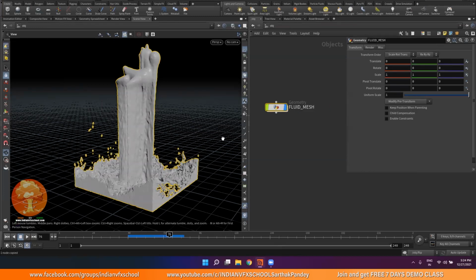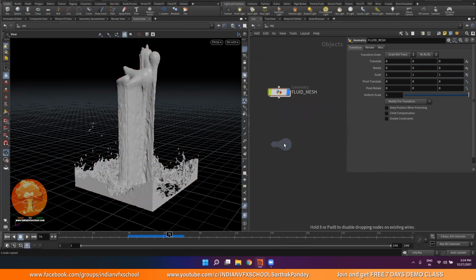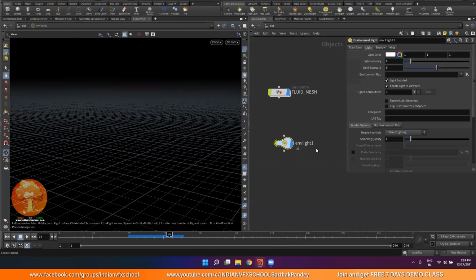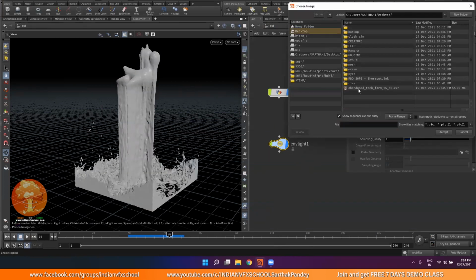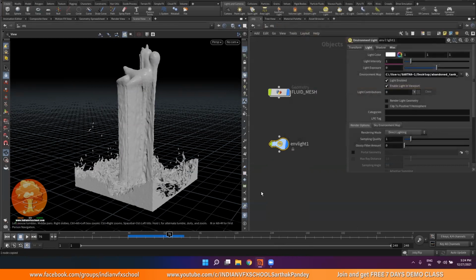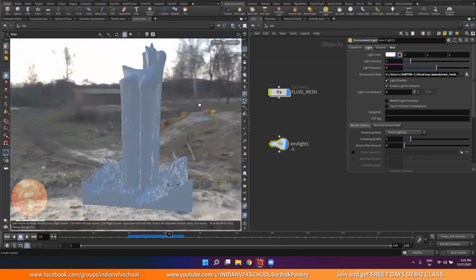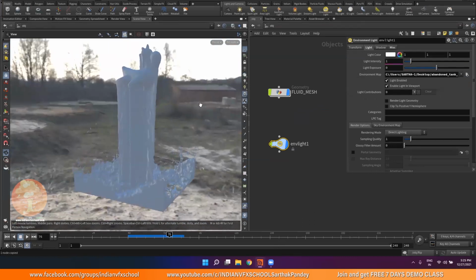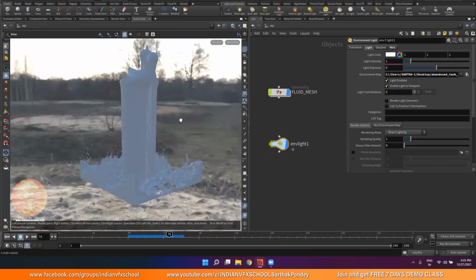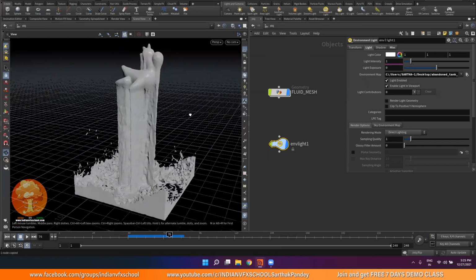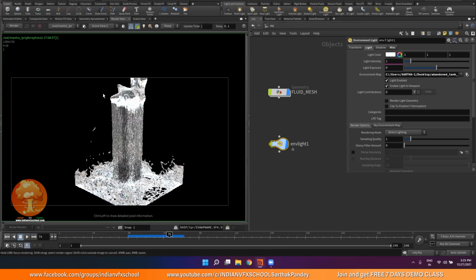In order to render it, I will just need a light. So I can just use an environment light and HDRI. I'll click on this environment map tab and click on my desktop, and I will load an HDRI over here. And you will see it will get loaded. If you click on this thing, you will see the HDRI on the background. If you don't want to see it, you can click enable light in viewport. You can toggle it off, and you can click on this one also, just to bring the basic shading in the viewport.